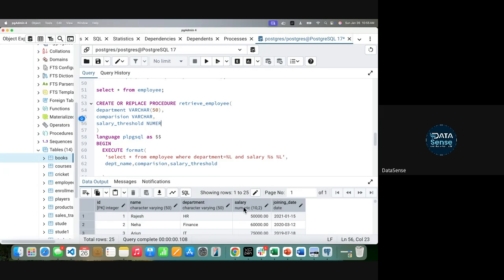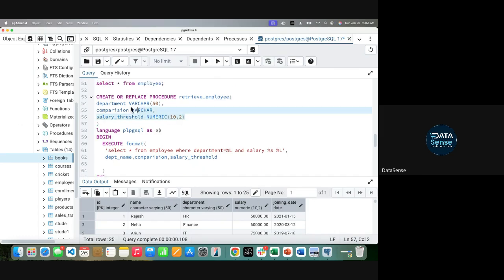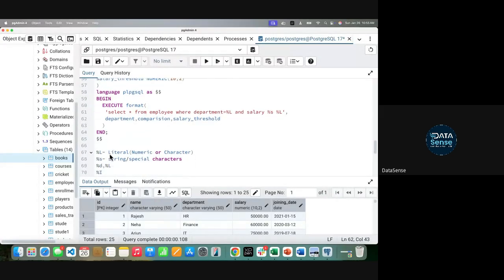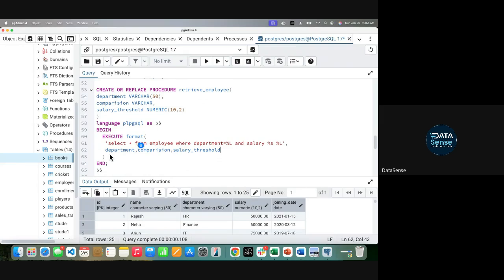Salary is numeric here, so you will just simply call it numeric 10,2. So what you did, you created these parameters here, and you named them. This should be the exact same name, so replace this with department. Comparison name same, salary threshold name same. Now your stored procedure is created. Any doubt, anyone? Just look at this code once and let me know.